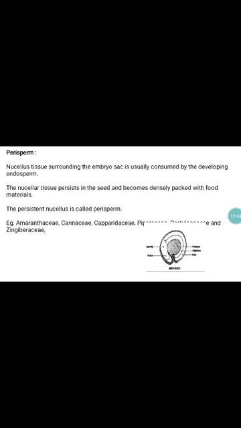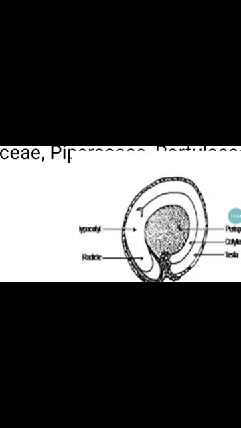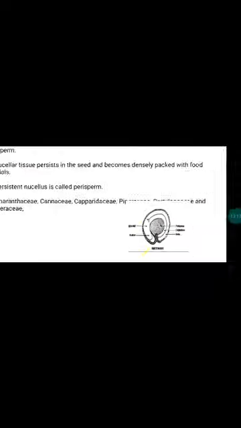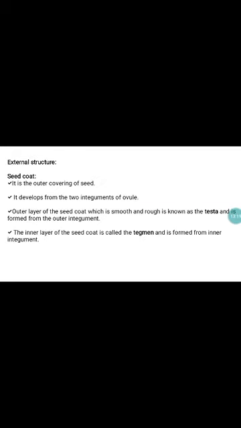Actually, during endosperm development, whatever nucellus tissue is there in and around the embryo sac is consumed by the endosperm. But in some other cases, some persistent nucellus remains available, and that is later modified into a perisperm. So here you can see the powdery mass in a pepper seed; this is a perisperm. A pepper seed is a very good example for this particular kind.